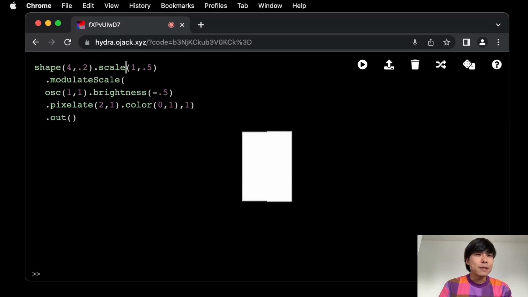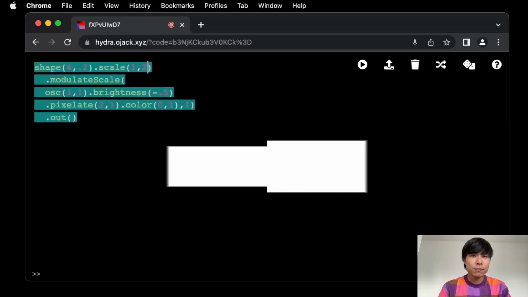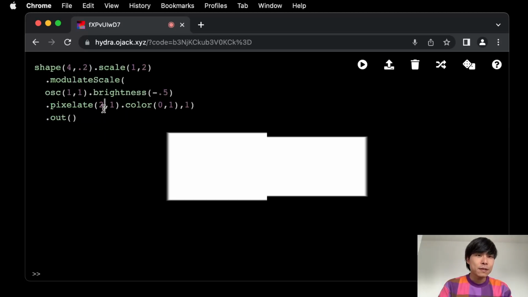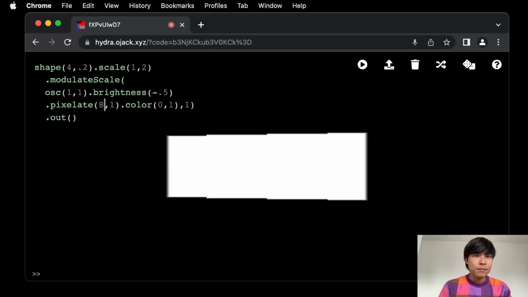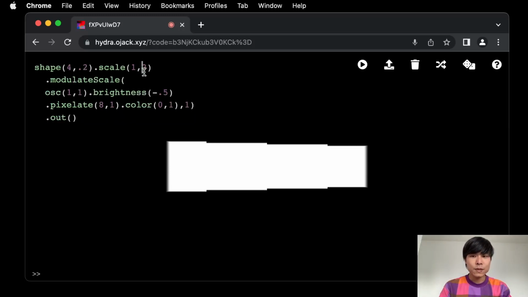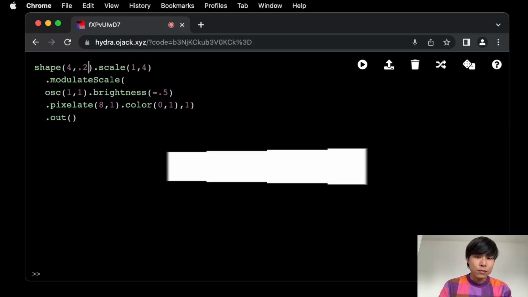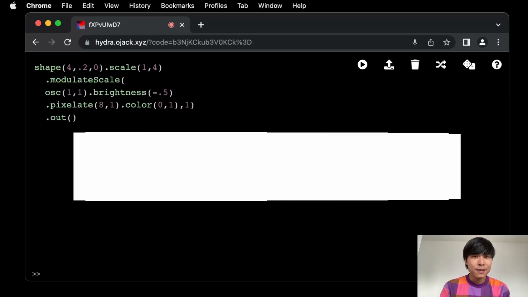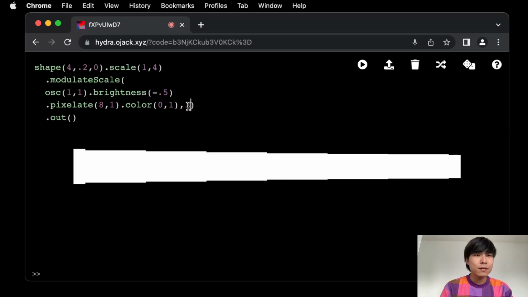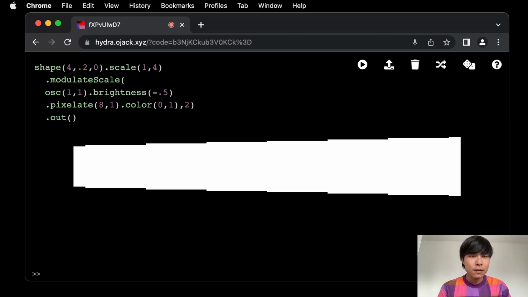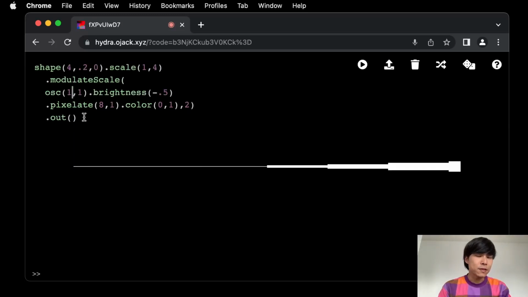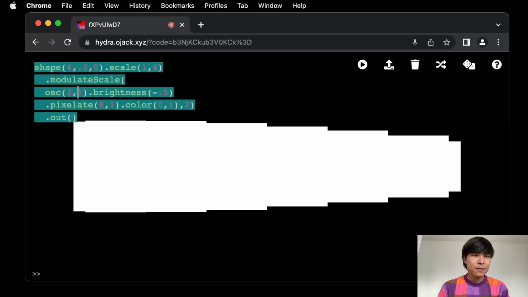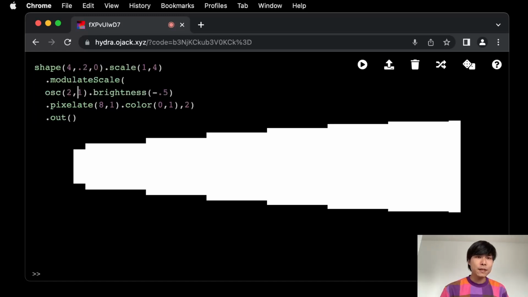So maybe I'll shrink the shape a little bit, so you see the effect better, and pixelate maybe 8, maybe even more scaling, and I want to keep the edge sharp. Okay, and I want a bit more drastic effect. Maybe I can start playing with these numbers. Yeah, so now you see that